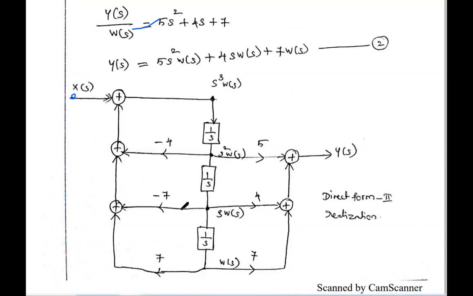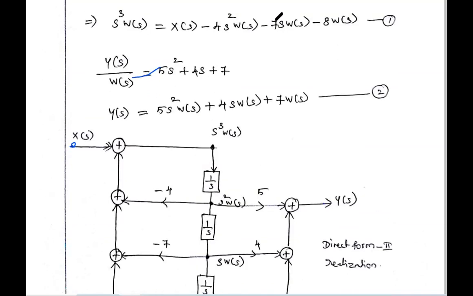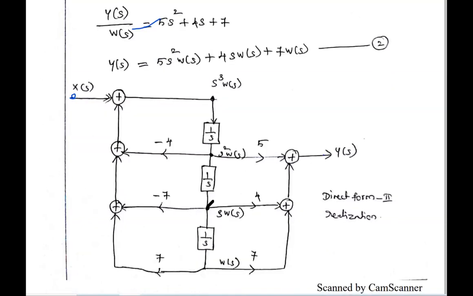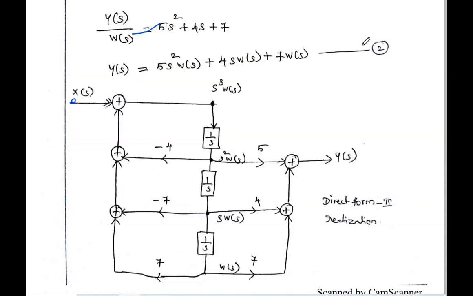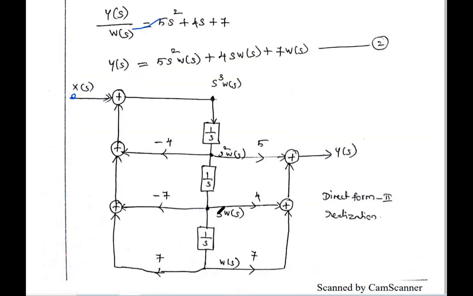Okay. So this s into W of s, you multiply with the constant minus 7. So you take one wire, and in this wire the gain value is minus 7, so here the answer is minus 7 s W of s. Okay. Then what is the last term? Minus 8 W of s. So this point is having s into W of s. You see, this point is s power 3 W of s. So if you give this value to one integrator, it is reduced to s squared. Then s squared W of s is given to one integrator, giving s into W of s. This s into W of s, you give it to one integrator, what is the answer? W of s you got.